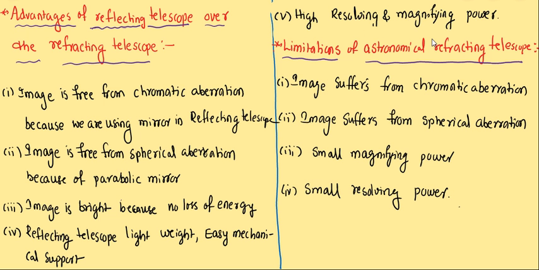Okay, the image size is much more than the object size. Resolving means every part in the object appears clearly. Limitations of the astronomical telescope. Astronomical telescope means refracting telescope. In that we are using lenses. In the lenses, there are two types of aberrations, defects in the formation of the image: chromatic aberration and spherical aberration. Right? And in the refracting telescope, the image suffers with chromatic aberration. The image suffers with spherical aberration. Small magnifying power, small resolving power, and